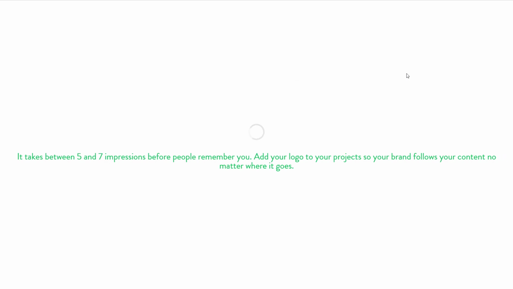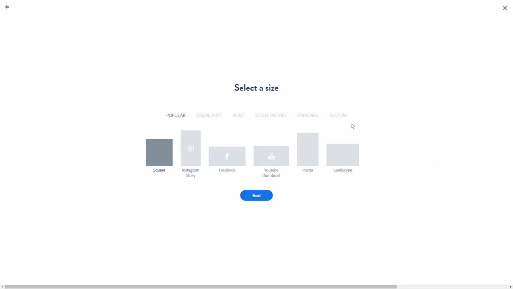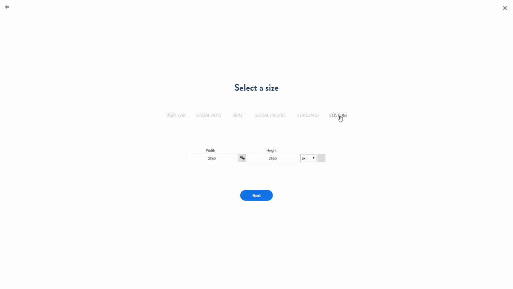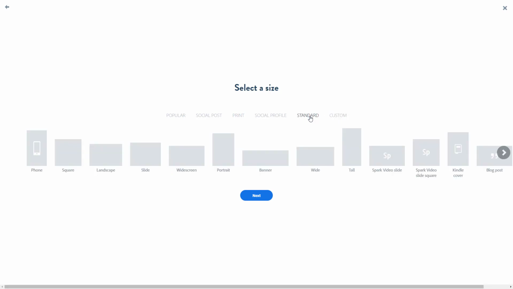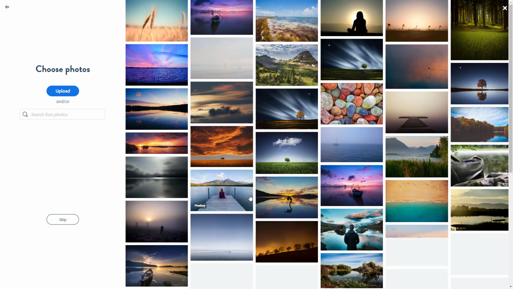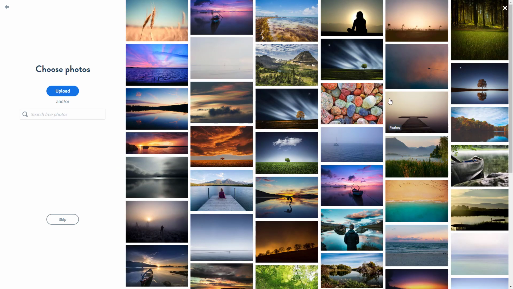So once I do that, it'll ask me what type of layout that I want. So I'm going to go over into, let's say, something like custom right here, or standard, for example. And let's say I want to work around with a widescreen that is 16:9 screen size. So let's say I want to create something like an advertisement. So I'm going to click on next right here,